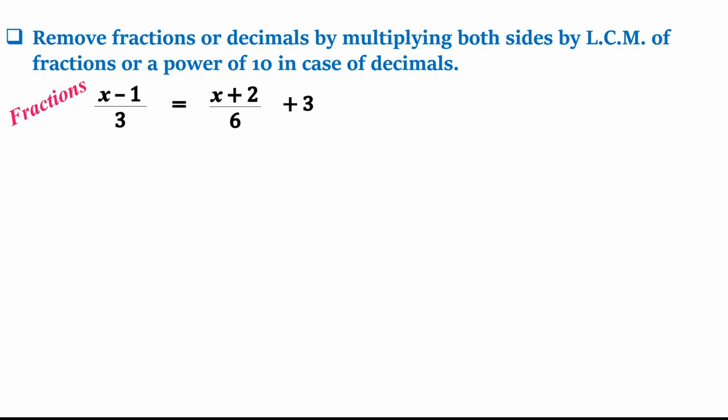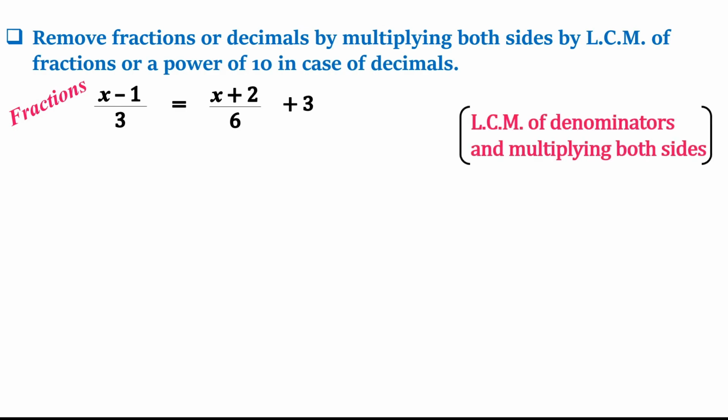Now what we have to do, we can see in the denominators only 2 terms, 3 and 6. So we will take the LCM of the denominators and then multiply the LCM by each and every term present in the expression. So here we have the LCM as 6. The first term is x minus 1 upon 3. We will close x minus 1 in brackets, because the LCM which I am introducing, I am multiplying each and every term of the given expression by 6. So 6 has to be multiplied with both the terms.